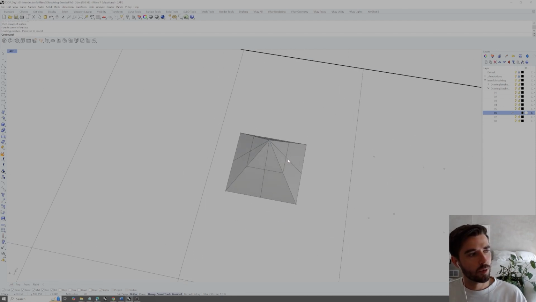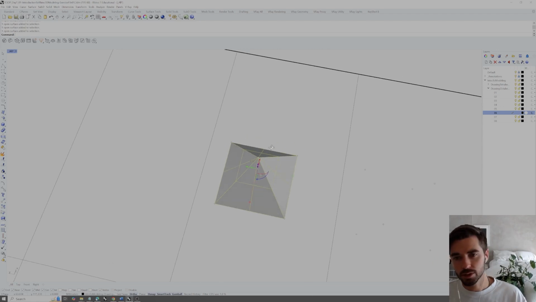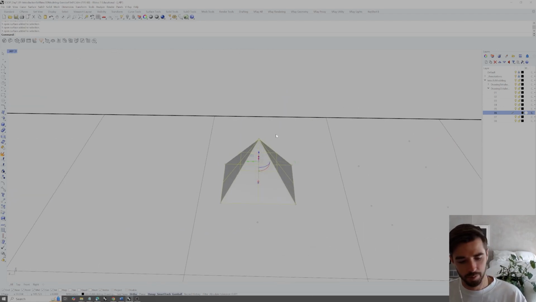Okay, and once we've done these for the top, we could just go through and do the same thing for the bottom, or we could type mirror, which is going to allow us to copy and flip this top portion down. So mirror,